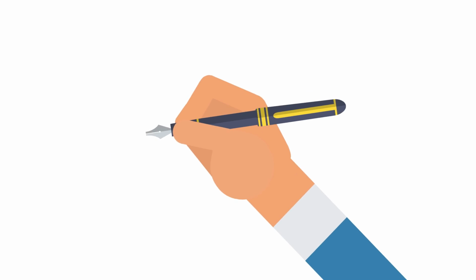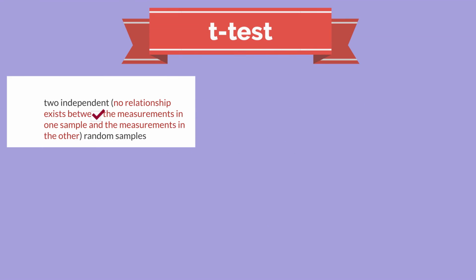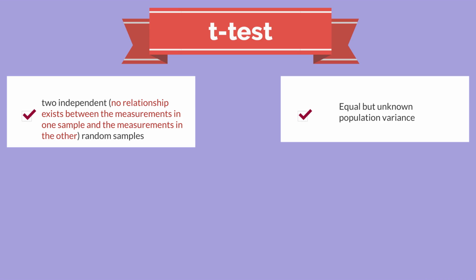In this video, we address inference on means based on two samples. We often want to know whether a mean value, for example a mean return, differs between two groups. A t-test based on two independent random samples with equal but unknown population variance is given by t equals